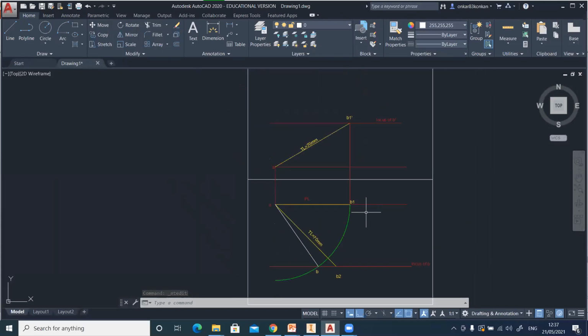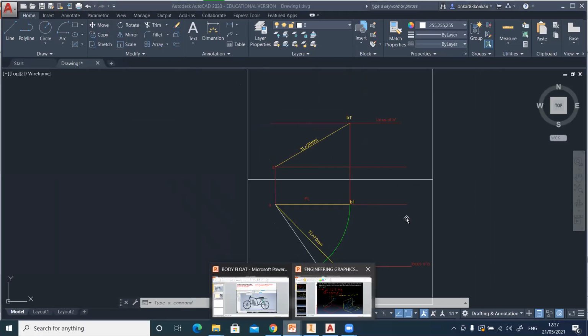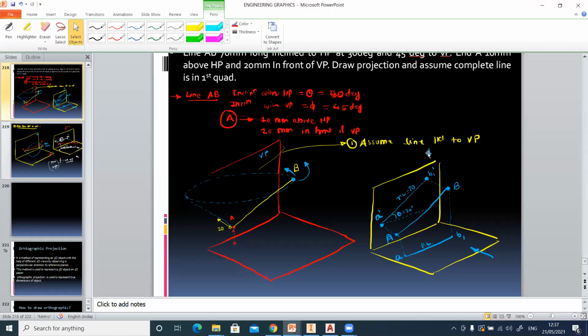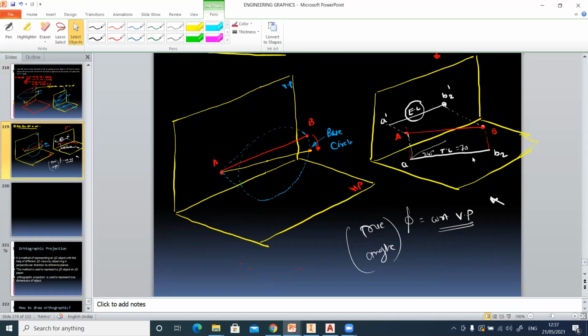So this is the actual top view, and this point is called the point B. Now similarly, if you want to draw the front view, then from the true length, you can observe the three-dimensional image. Here, when the line is parallel to the horizontal plane, we get the true length in the top view, and corresponding to the true length, we get the elevation length. So elevation length means what? It is equal to the actual front view. To draw the actual front view, we have to first find out the elevation length.